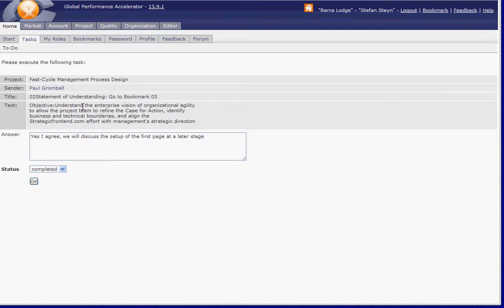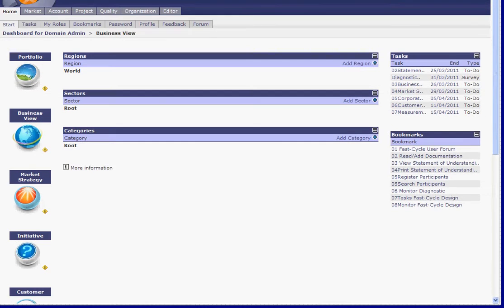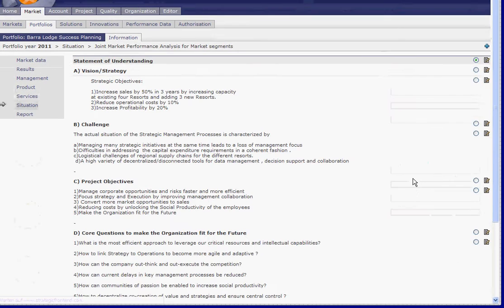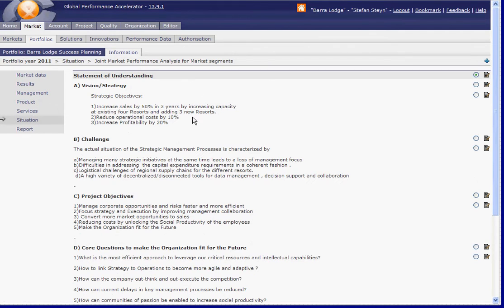For instance, it says statement of understanding, go to bookmark 3. So let's do it. Bookmark 3 is view statement of understanding. If we click on it, you go directly to the statement of understanding, and here you can edit the text like in any wiki,